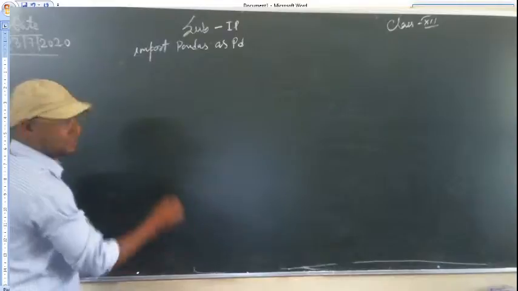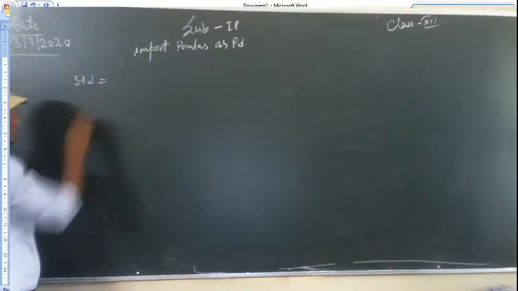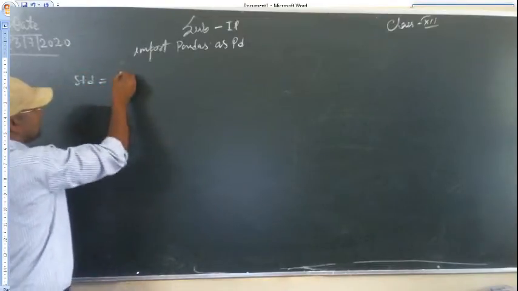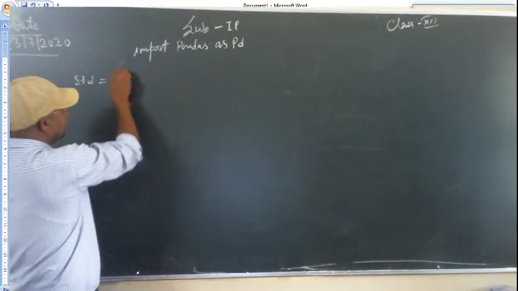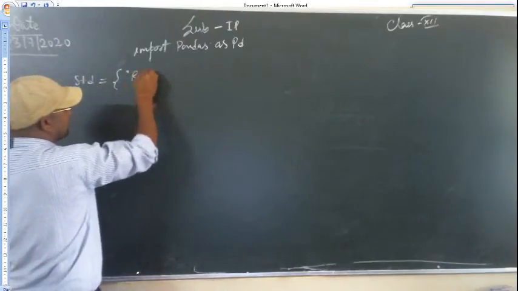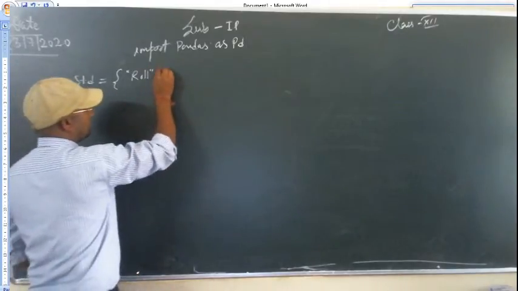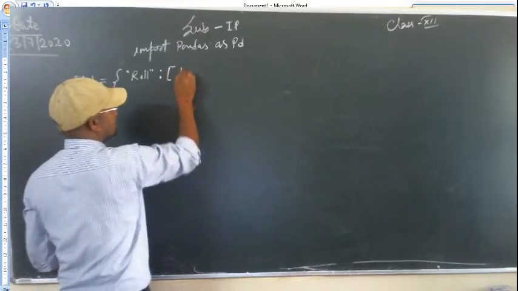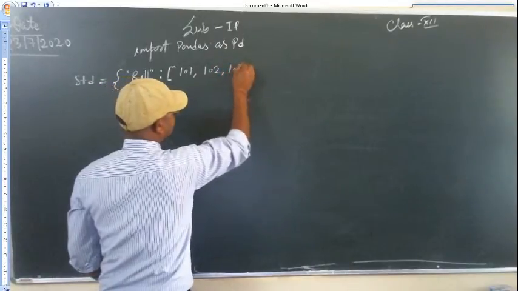So the list of students, let's say my list name is std. I'm taking one variable as the name std, whether you put it in capital or small is as you wish. Then we are making a dictionary here, with roll number first. You know very well a dictionary works on key value pairs, right? So roll number, then a colon, and putting values here like roll number 101, then 102, then 103,